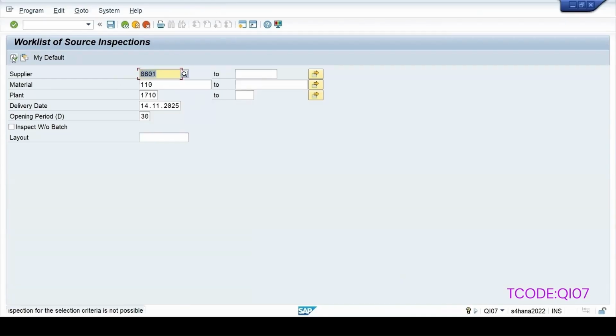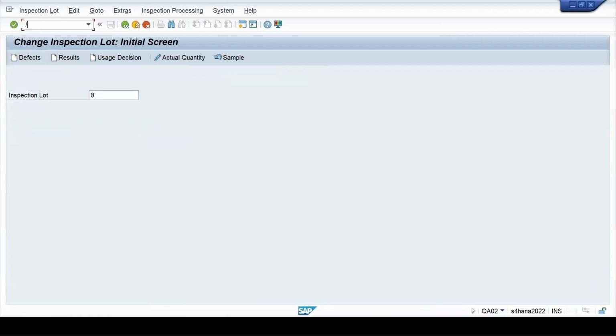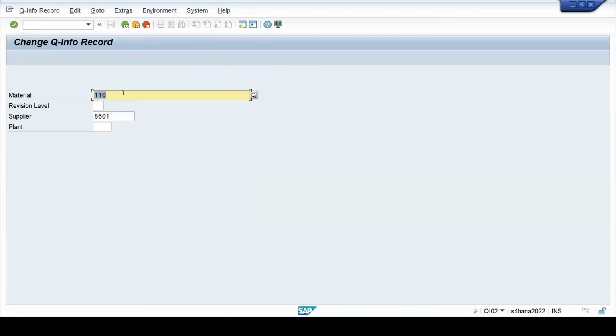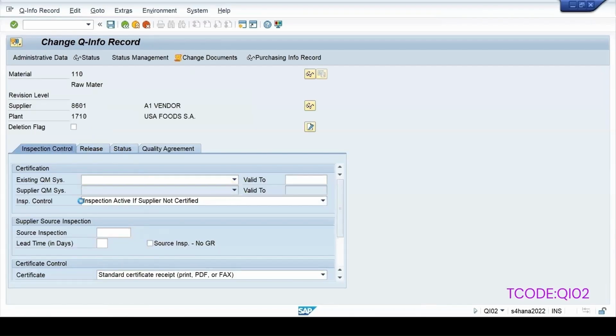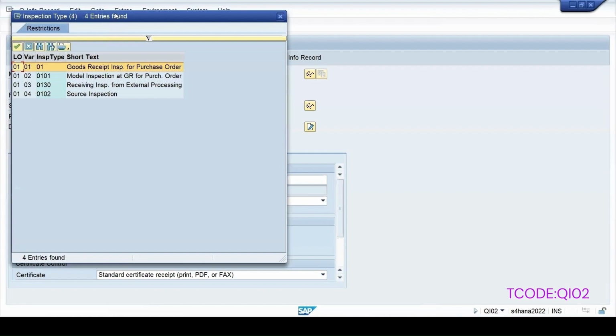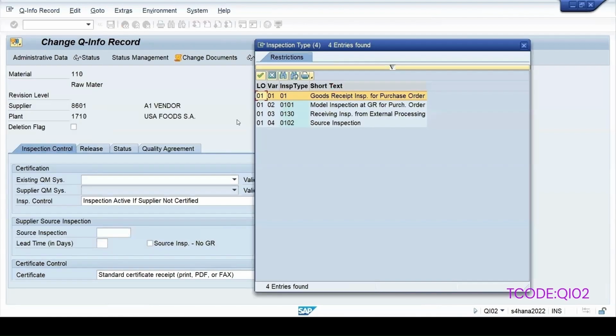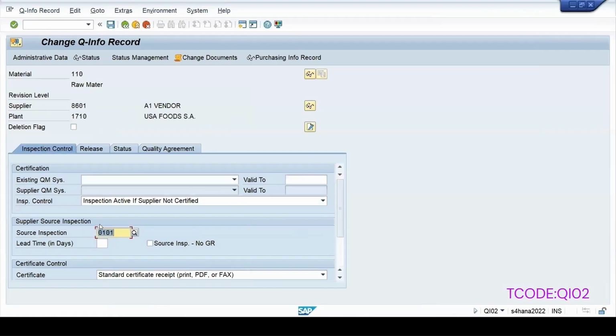And then click on execute. /n QI02. I think I haven't mentioned which inspection type should be triggered, 01 or 0101. So I'm selecting, say I want to trigger source inspection. That's why it is not getting triggered there.